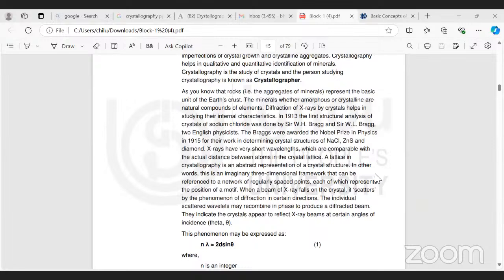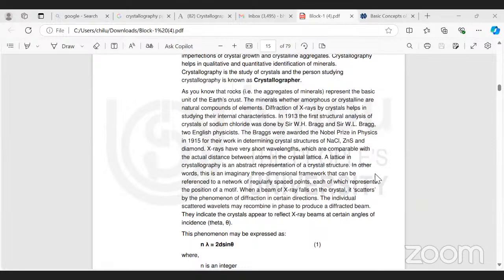We can study that using X-rays. The internal structure and internal characteristics of crystals we study using X-rays. So the first time, in 1913, the first structural analysis of a crystal of sodium chloride was done by Sir W.H. Bragg and Sir W.L. Bragg, two English physicists. And they got a Nobel Prize in 1915